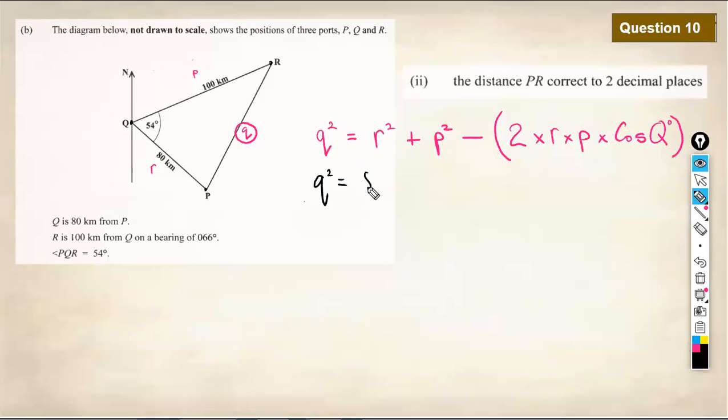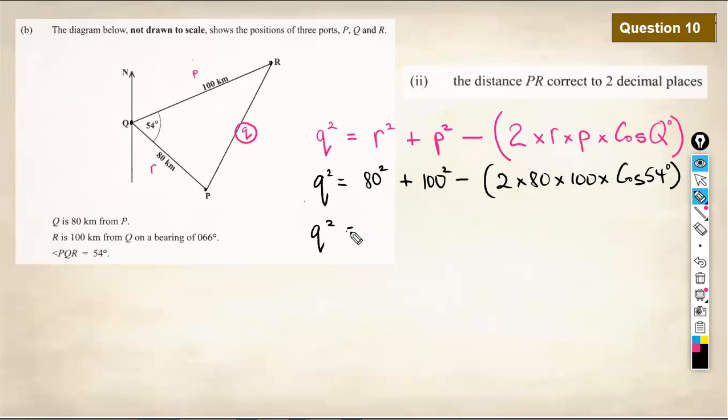Let's put it in here, correct. 80 squared plus 100 squared minus open brackets 2 by 80 by 100 by cosine. What's the angle Q? It is 54. That would be the angle in between the 2 sides. Now, to be honest, you can just type this straight into your calculator, right? Let me just double check this. When I type this in, I'm getting roughly